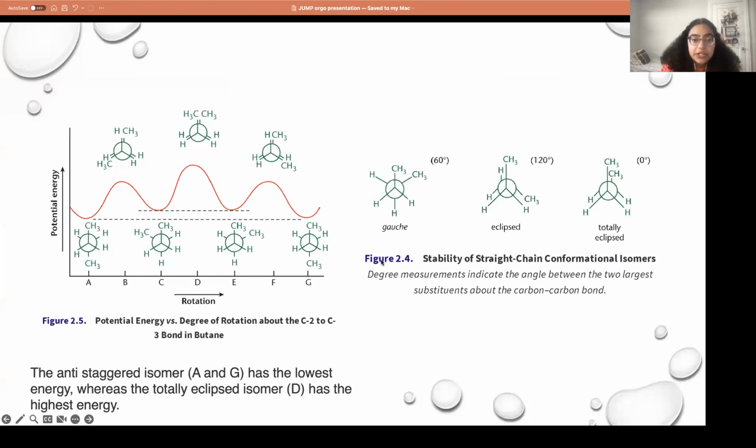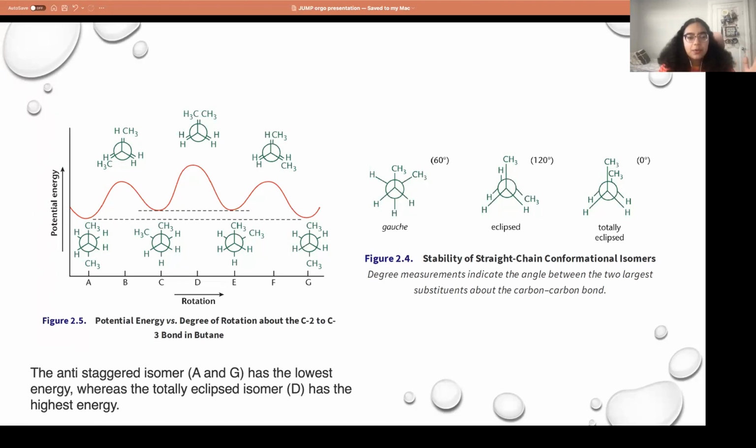Then there's conformational isomers, where you don't have to break bonds to make one look like the other. So in these diagrams, you can see configurations called staggered, eclipsed. You might have seen in your organic chemistry classes, but basically through these projections, it's the same butane molecule you're looking at, but it's just based on how it's rotated. And you can see that the rotation, because of the bonds between the different atoms, will have different potential energy.